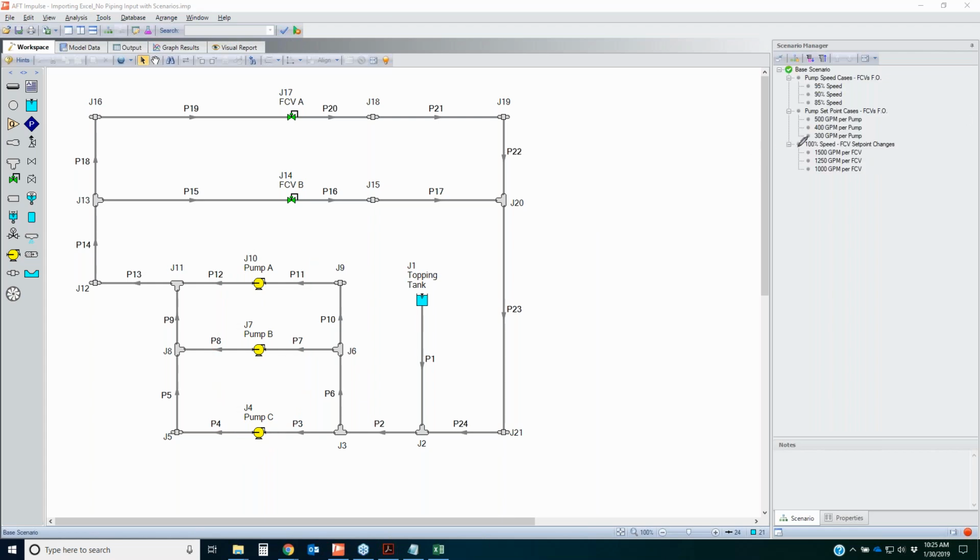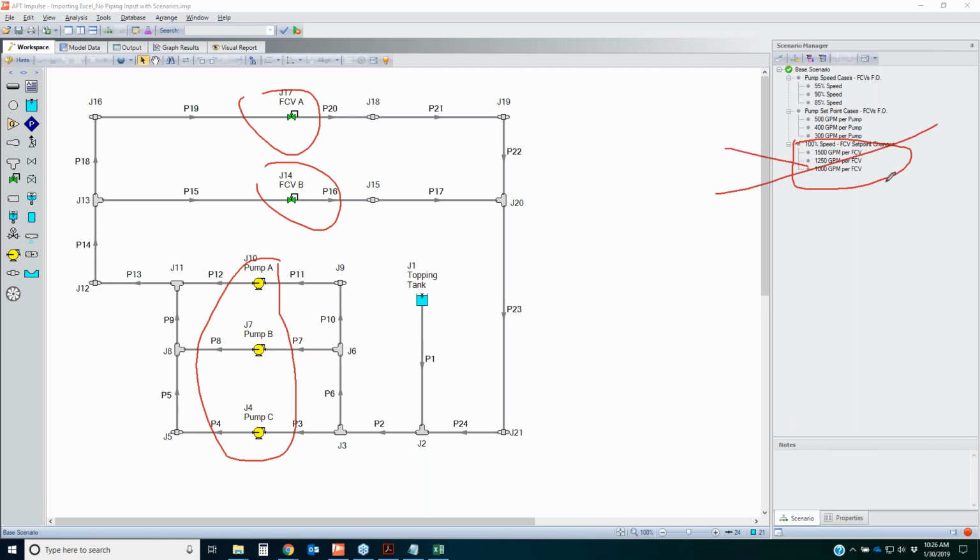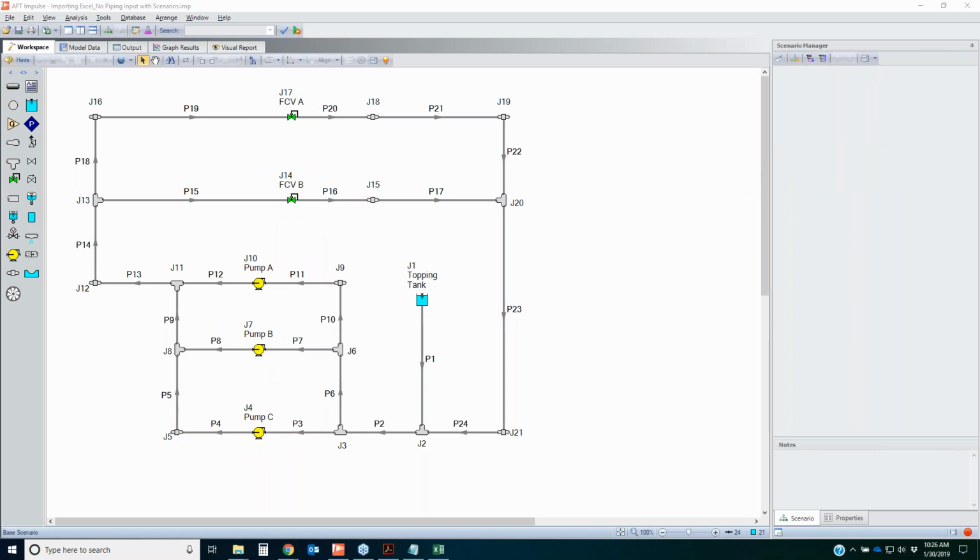Finally, my last family of scenarios right here runs all of my pumps at 100% speed, and I'm going to control the flow through the system with my control valves. And this is actually the worst case scenario with control valves, because it's going to cause your pumps to operate really far away from the best efficiency point. They're going to be unreliable. They can have operational problems, and they'll wear out a lot faster,